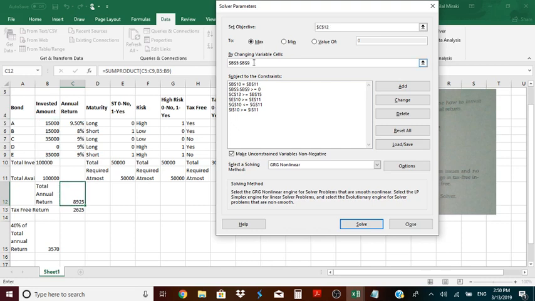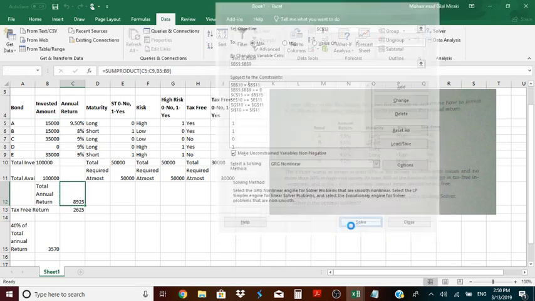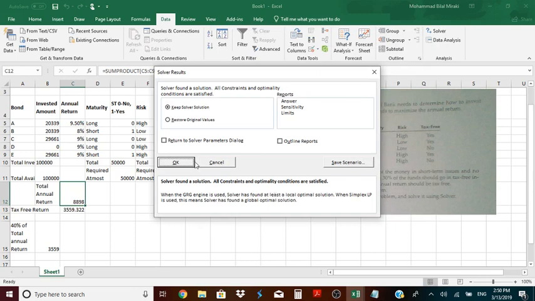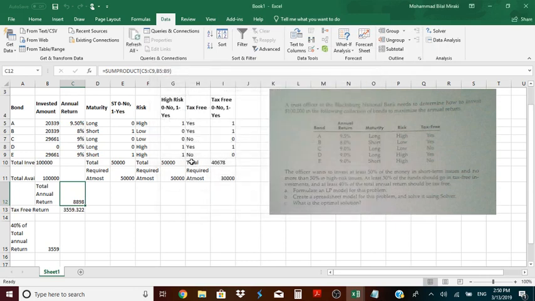And just to make sure everything looks good. OK. And OK. So here, if we invest $20,339 of our $100,000 on bond A and this amount on bond B and $29,661 on bond C, and we do not invest any money on bond D and this amount on bond E, that will give us the maximum return of